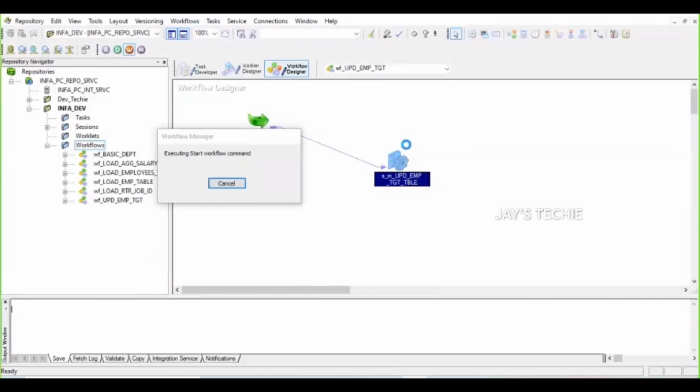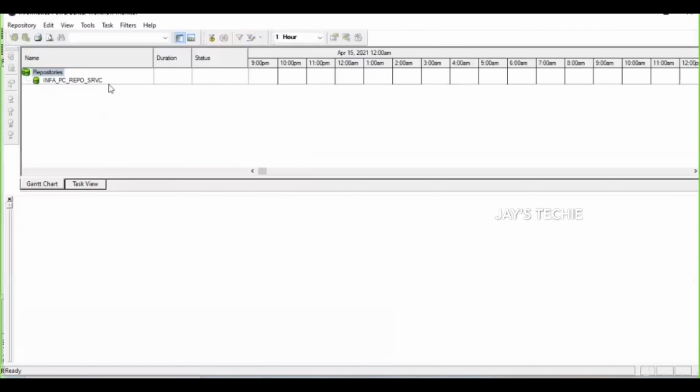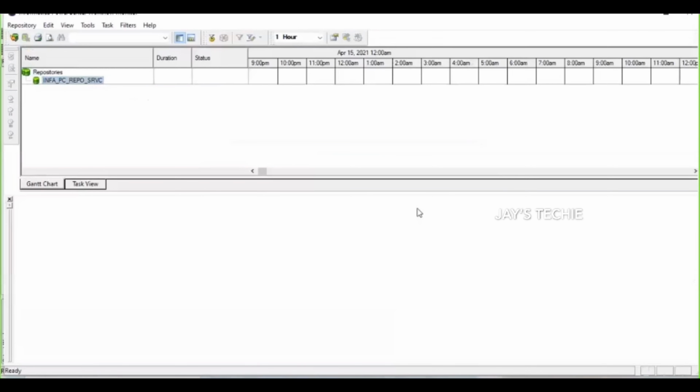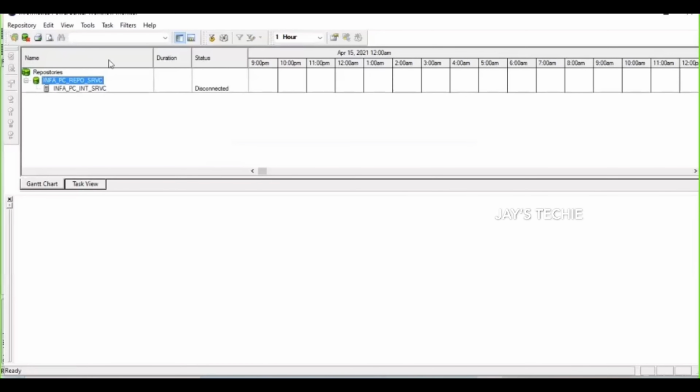Let's wait for the workflow monitor to open. Yeah, now you can see the workflow monitor. Click on connect. Yeah, it's showing us running.